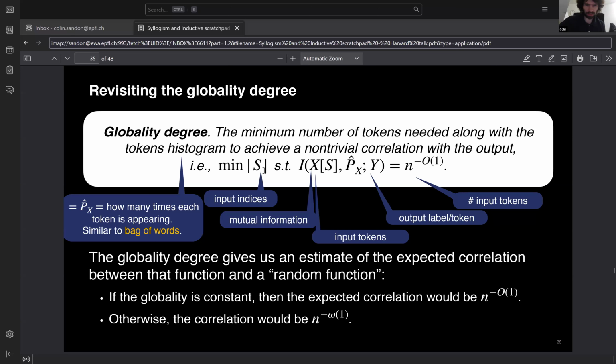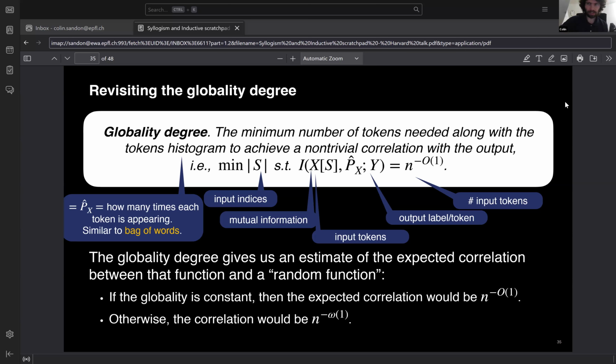The reason why we think that's relevant is because it's an estimate of the degree to which this function will tend to correlate with a random function. When we say random function, we mean not actually the thing we get with the random lookup table, but the type of function we tend to get if we start haphazardly combining things. In particular, it's the kind of function we get if we make a transformer or neural net and just set the weights randomly without knowing what the target function is.